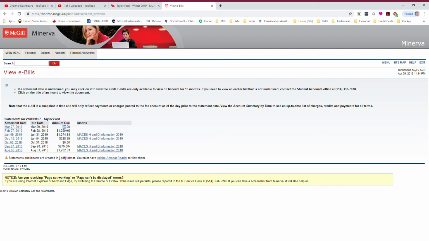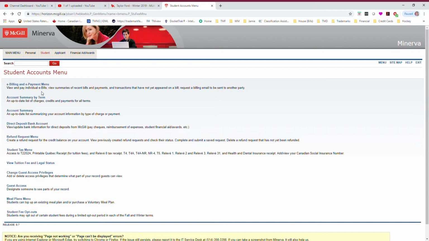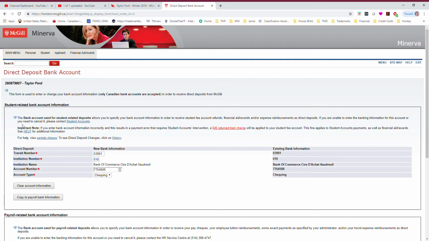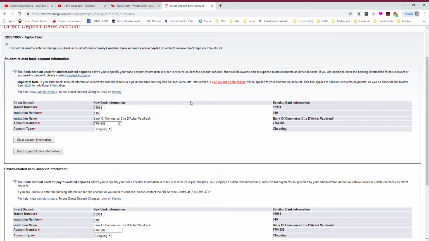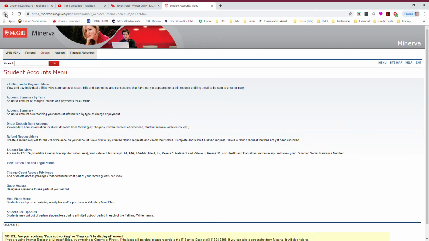But when you are going to owe things after each semester or after the start of the semester, you're going to be able to see here, and then we'll take you back. And then once you know how much you owe to McGill, you'll be able to do direct deposit. You enter your bank information. We're not going to go through all that. But yeah, you'll enter your bank information. It'll give you directions once again, and then you're going to be able to pay McGill through direct deposit,